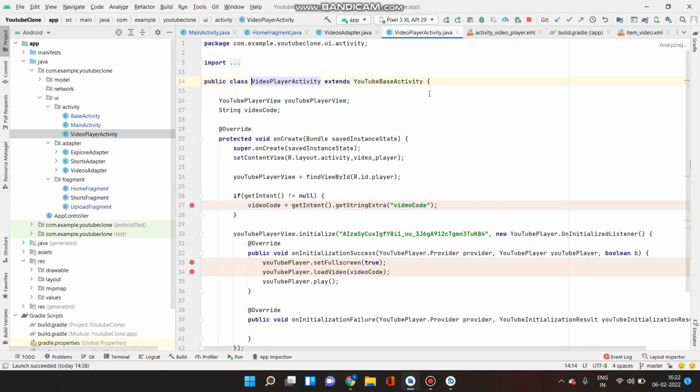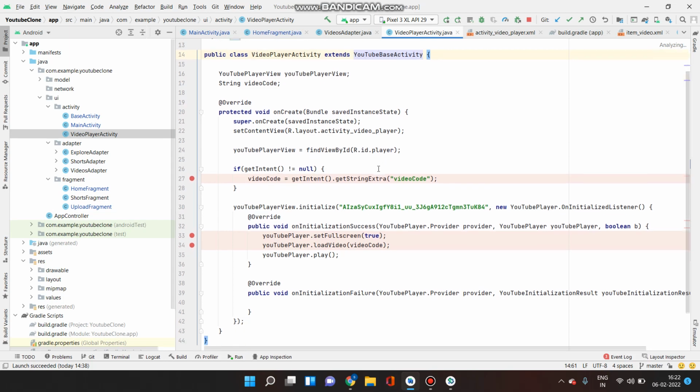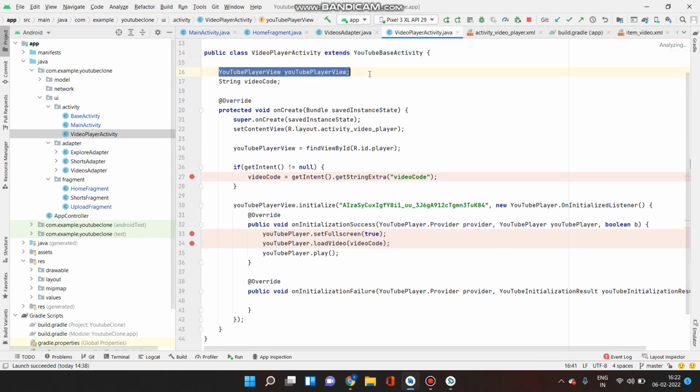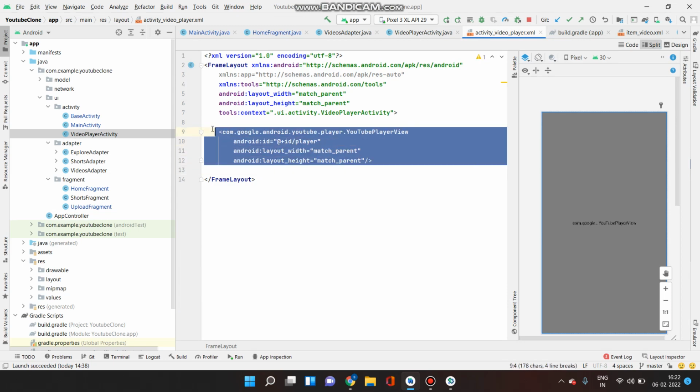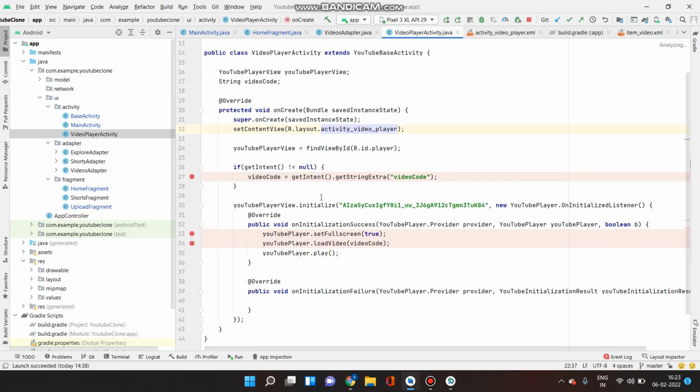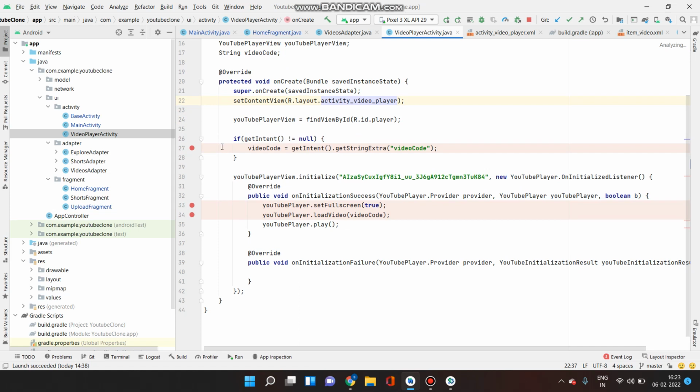And then coming back to the activity, I'm first extending this with YouTube base activity. And then I'm just adding the YouTube player view over here. Inside the layout, I've just added the YouTube player here.